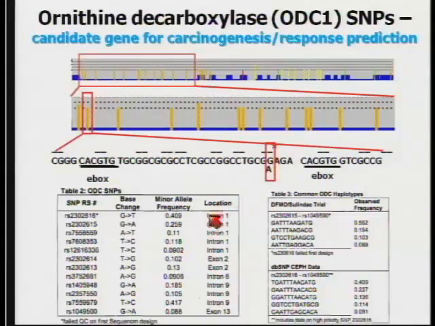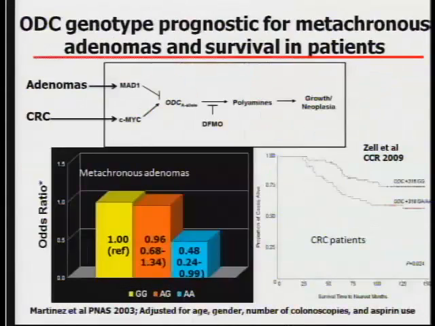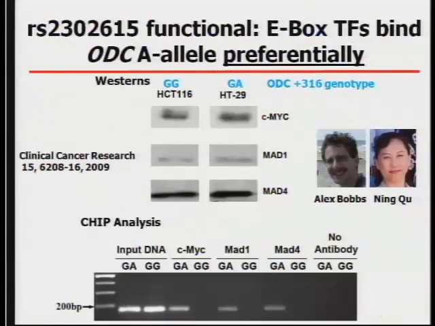And I understand that some of you have the perspective that with polymorphisms, we don't really care about their functionality, we care about their associations. I personally care a lot about the functionality, and so one of the things that we've done is we've spent a lot of time looking at the functionality of these SNPs. This is one piece of data for functionality of this one SNP at 316.